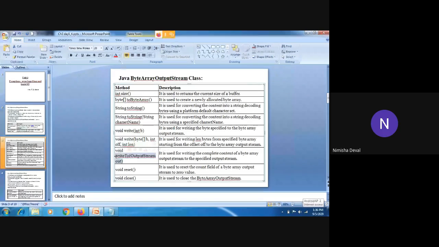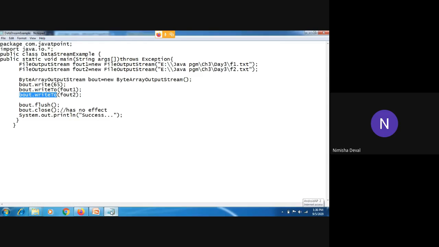Right now we are writing that data into the file output stream. That's why we have provided the objects of file output stream, f_out_1 and f_out_2. After that we have to flush it, meaning whatever data we have stored with the help of this object, we have to flush it, and after that close the stream. But whenever we flush our data, there is no necessity to write close; for syntactical purposes we have written it. So close has no effect. Whenever we flush, all the data is removed, no issues about it.